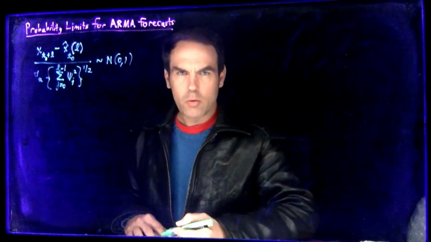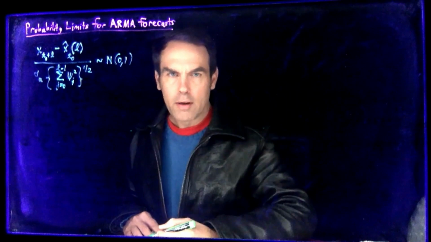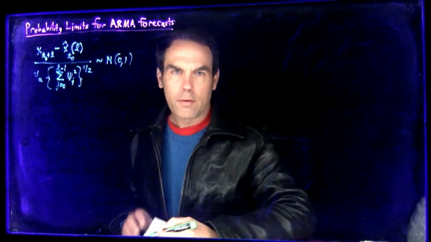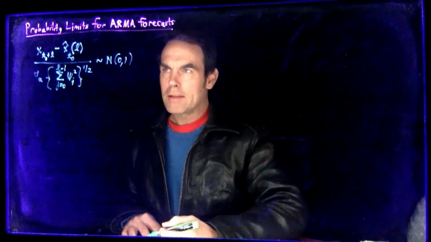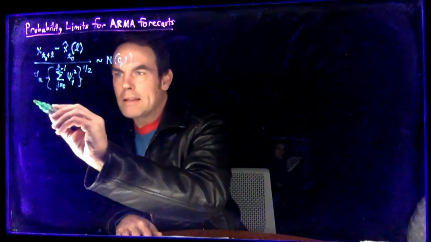Okay, let's continue where we left off. Recall that what we had said was that this term on the left side is really a random variable that is normally distributed with a mean of 0 and a standard deviation of 1. And so the good news about that is that we know from the standard normal table that the probability that a random variable that's normally distributed lies within 2 standard deviations of its mean is 95%. So that means we can write this as